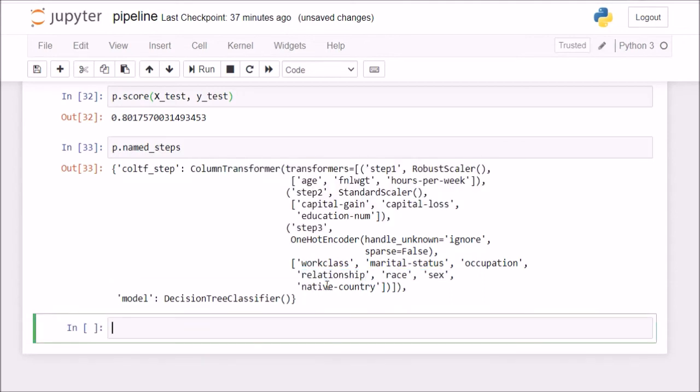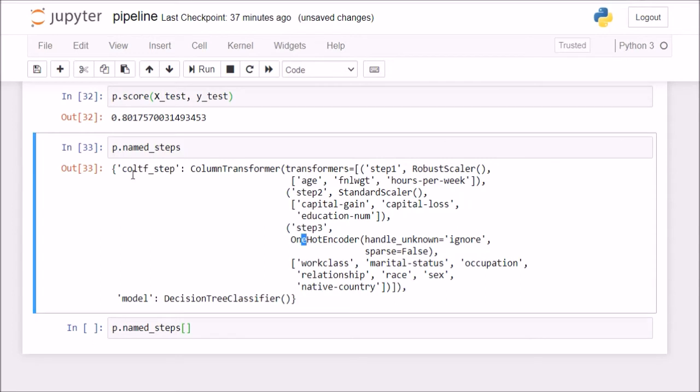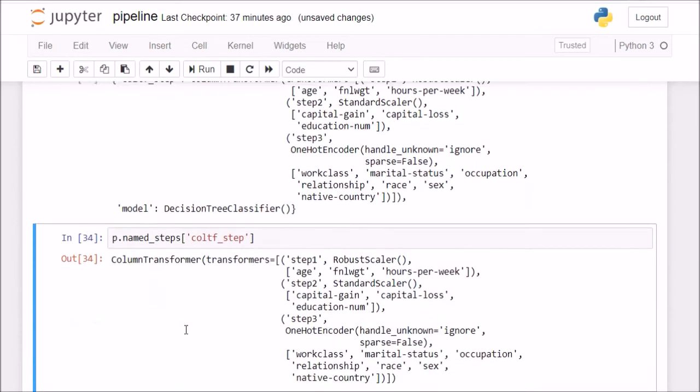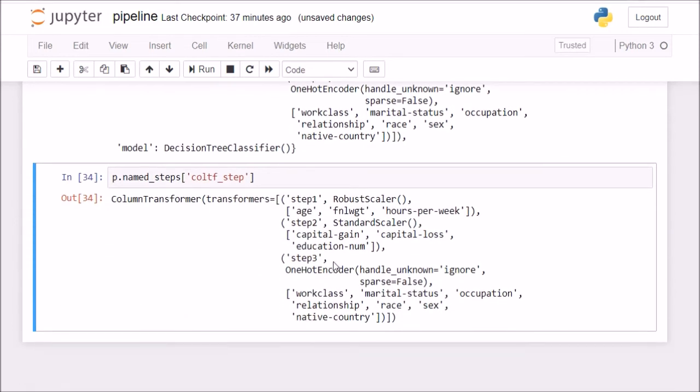Okay, so now the second step will be p dot named steps. If for example I am looking for the one hot encoder, I'll go to this column transformer step. Because this is a dictionary, I can call this column transformer step.